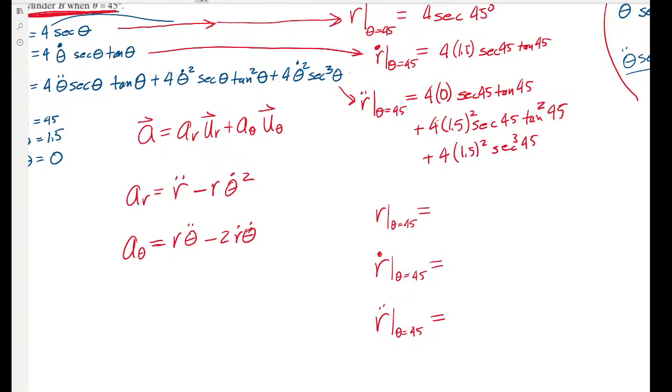Okay, so I got 5.6 or 5.7. Let's just say 5.7. I'm going to drop some of the digits. And then 4 times the secant of 45, tangent of 45, and then 1.5. So that's 8.5, 8.4. And then the last one, which is awful,